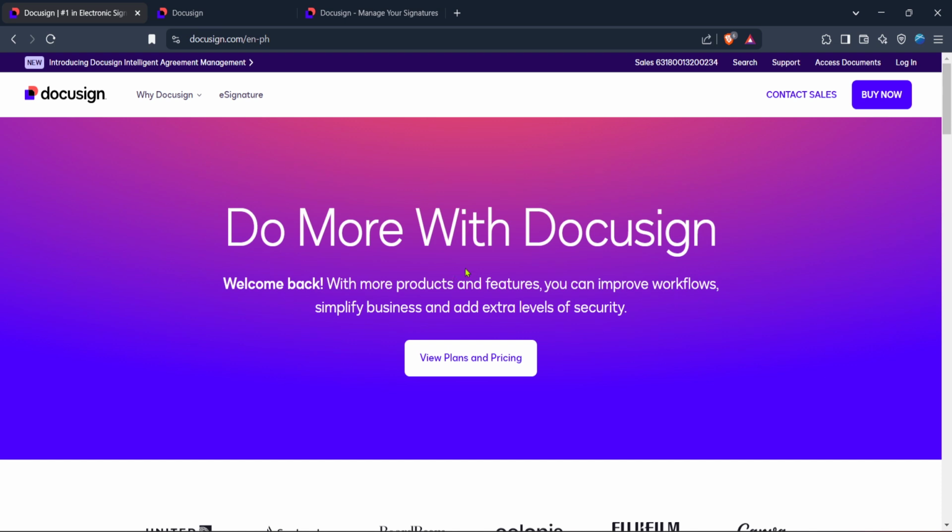First, you'll need to head over to the Docusign website. Docusign is the leader in electronic signature and intelligent agreement management, making it a reliable choice for all your documentation needs. If you haven't already set this as one of your favorites in your web browser, now might be the